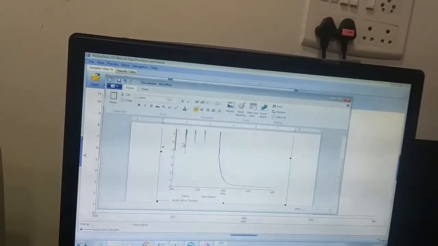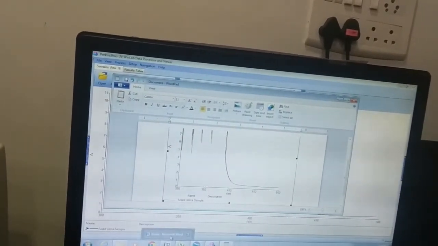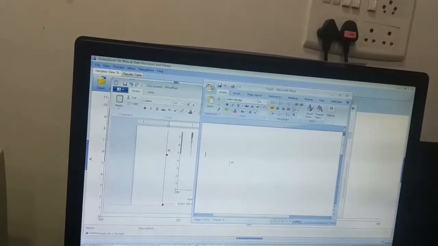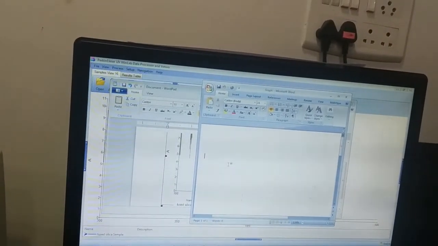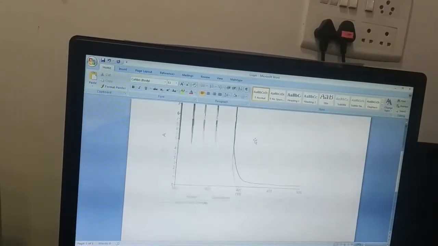Then press Ctrl C and paste this graph to Microsoft Word.